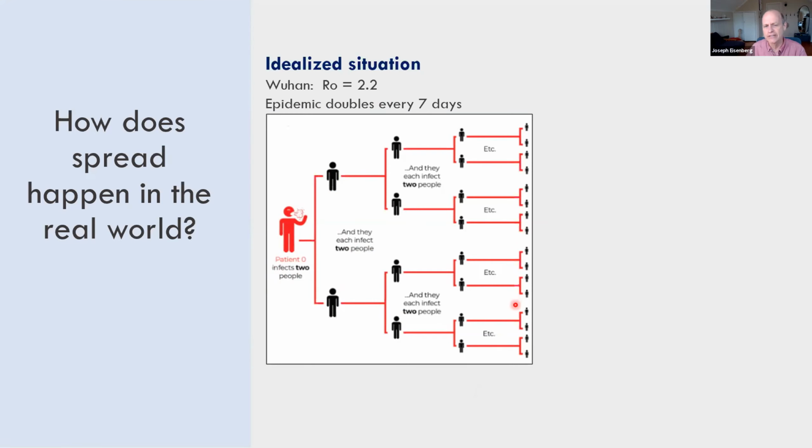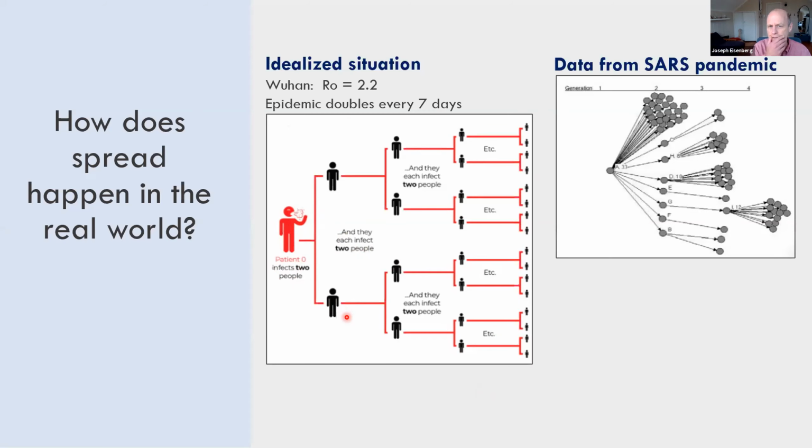One can imagine the next 4 weeks, you're in the thousands, and it doesn't take much time before you're into tens and hundreds of thousands of people. So this depicts how you get this geometric, or what we've called exponential, increase in cases due to the ability of one person to transmit to others. But in the real world, transmission doesn't happen nearly as